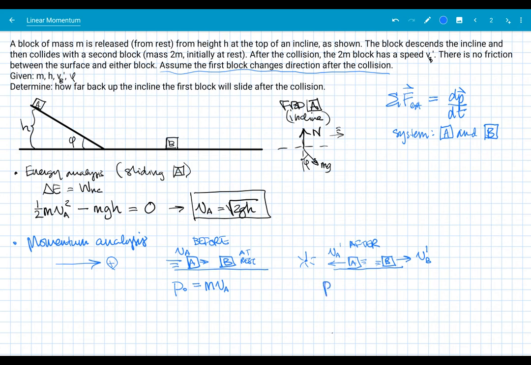And after, for my final momentum, now I have momentum in both blocks. I'll start with the positive one, which is rightward, which is block B. It has a mass 2m, and its speed after the collision is VB prime. It's positive because it's to the right. And then block A is heading off to the left, which is negative: mass m and VA prime. So when I'm doing momentum problems, I'll usually prime the after and not prime the before, just as a way